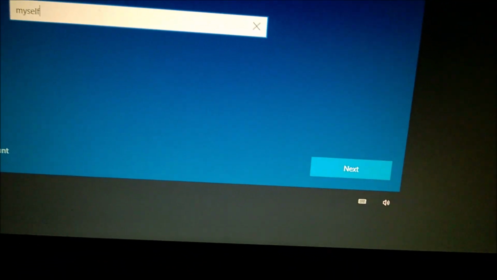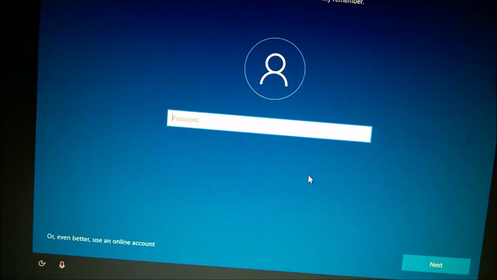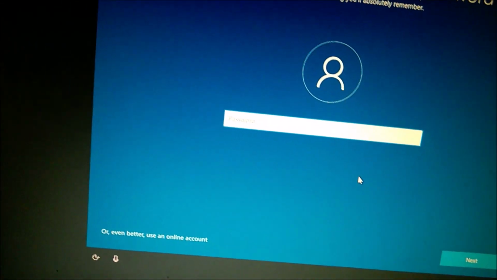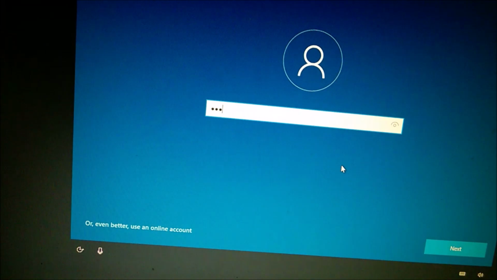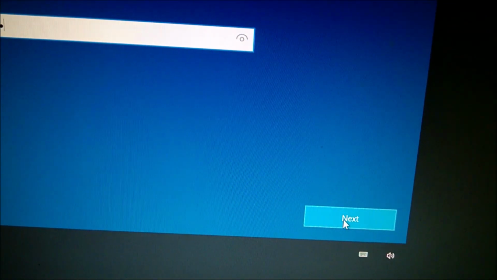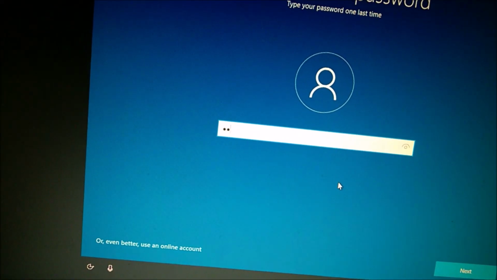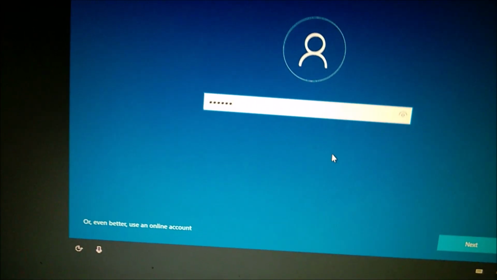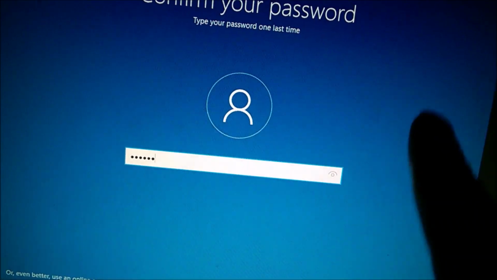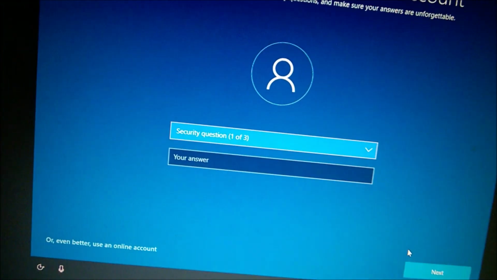Better write this down so you don't forget. But I know you can. That's really annoying, but they ask you a password, so really be sure to write down these things, because this is what will allow you to log in to your computer. Confirm password. Later on you can get into the user's account and erase everything and just not have any password at all if you prefer. So that's what I do usually.